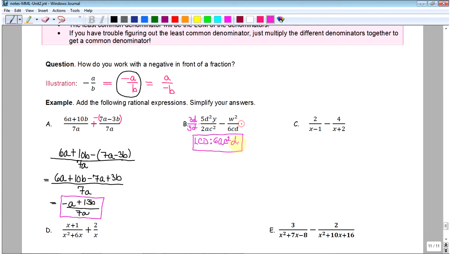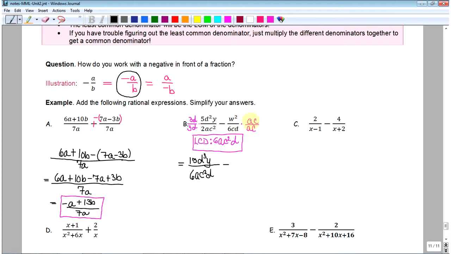Looking at our second fraction, in order to get our least common denominator, it looks like we're missing an a, so I need to multiply by a, and we're also missing a c, so that we would get our c squared. So we need to multiply the top and the bottom by a times c. So when we do that, in the numerator, we end up with 5 times 3, which is 15. d times d squared is d cubed, and we still have y, all over 6a c squared d,